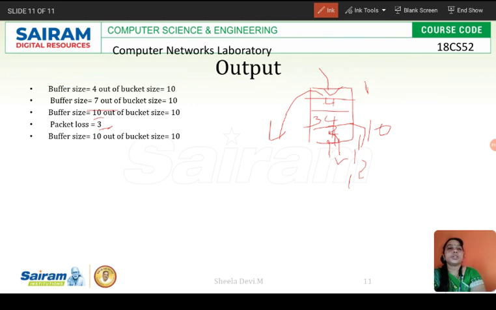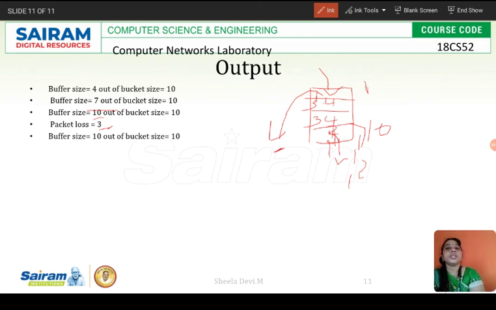Clear? From here 3, from here 3, from here 3, so 3, 6, 9. From the fourth packet, if it gets 4 bytes of data, it can take only 1 byte, and the remaining 3 would be lost.